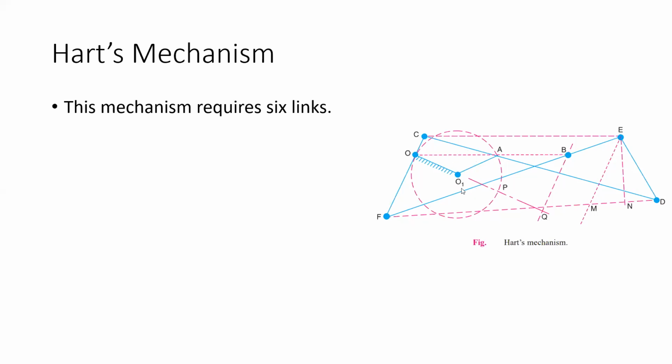So this is the mechanism. Link O1O is fixed, and at point O1 you have attached this crank O1A. So what is the expected motion from it? That crank will rotate completely, through 360 degrees. Point A will be moving along the circle, and it is expected that